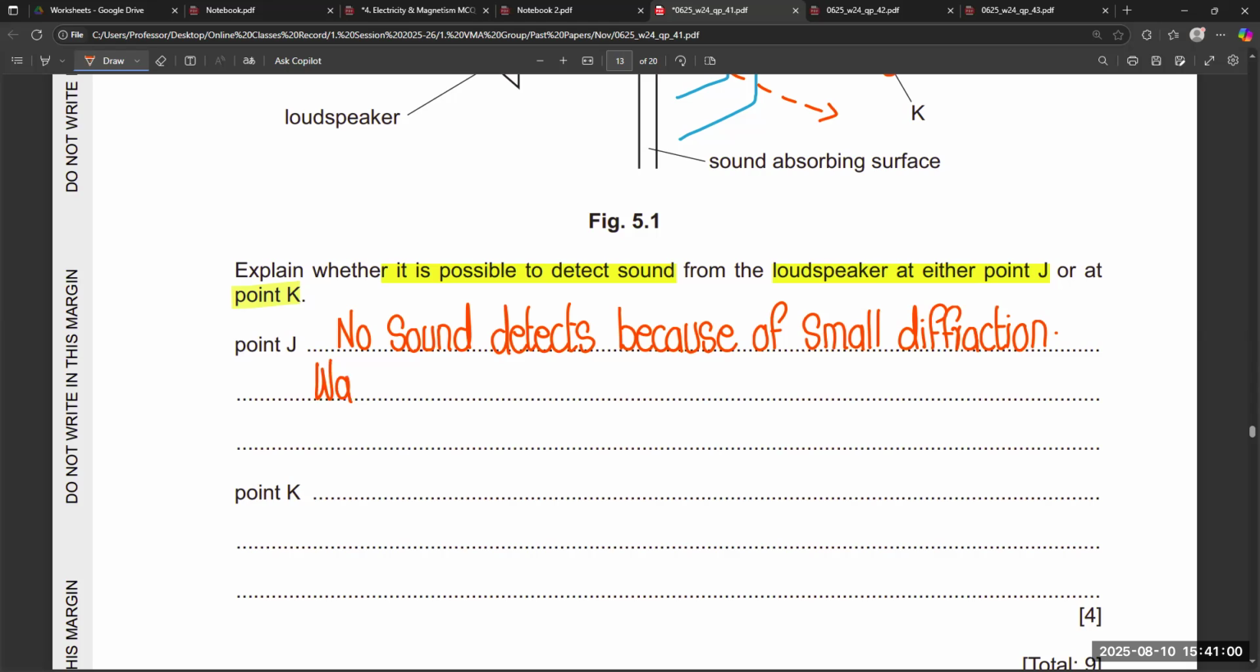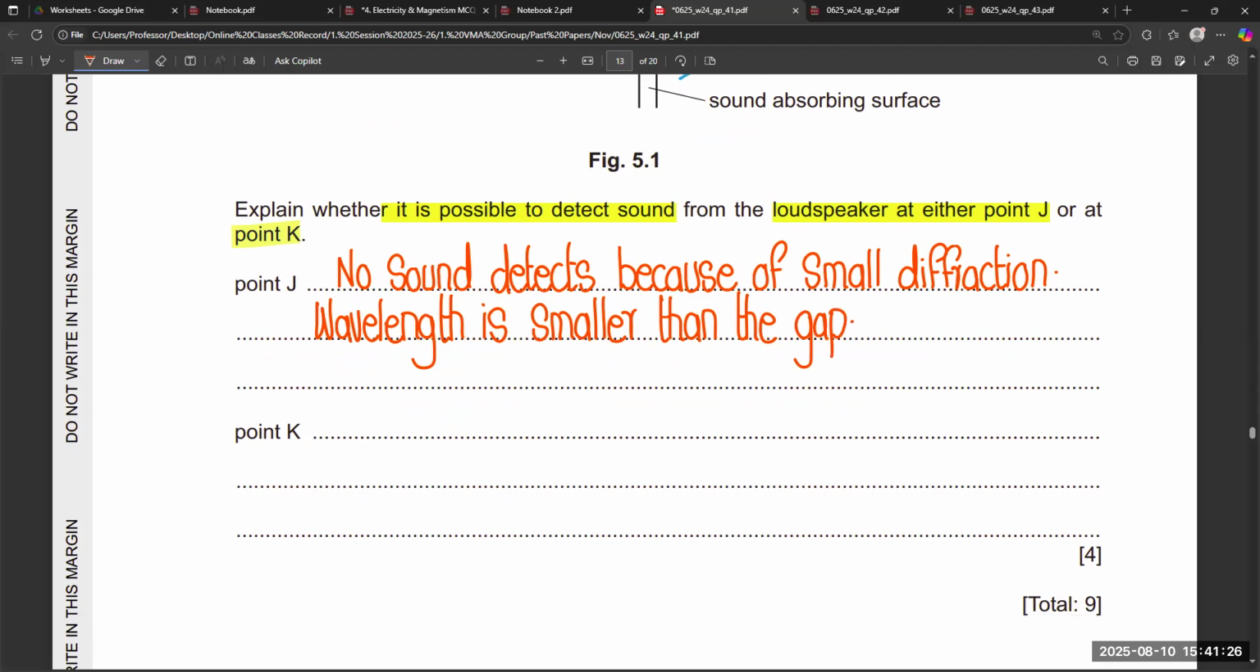The reason is wavelength is smaller than the gap. But if we talk about point K, so point K,